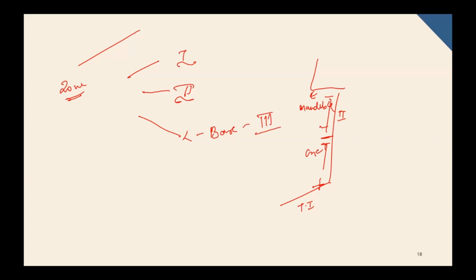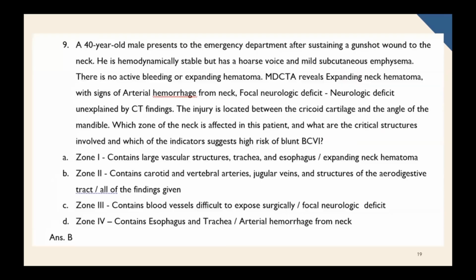And what is important to understand is that you need to understand if there is any hard sign of vascular or aerodigestive injury, because in that case you will need to do a surgical exploration. So what are the hard signs? Any expanding or pulsatile hematoma, any active bleeding, any massive subcutaneous emphysema, any air bubbles. You need to rule them out properly and then consider going for a surgical exploration or going for a conservative management. Okay. So if you have any doubts, please let me know in between so that I can address them. Next,